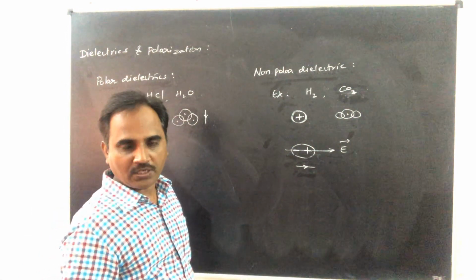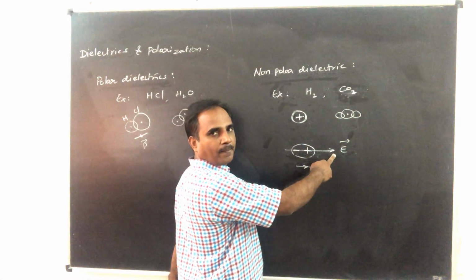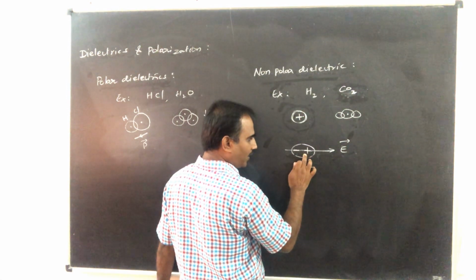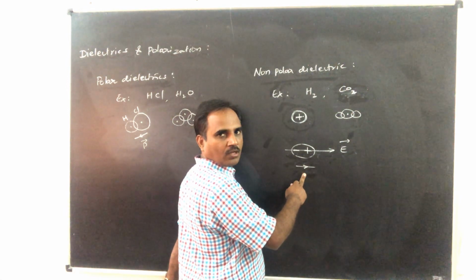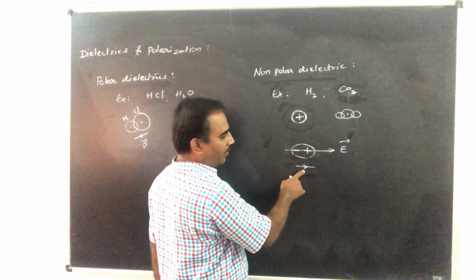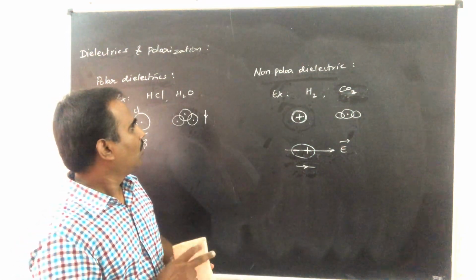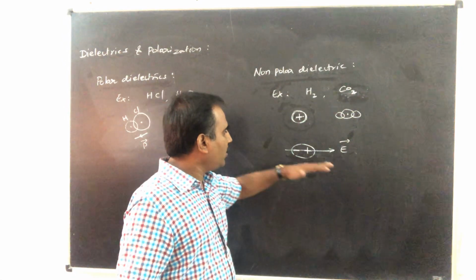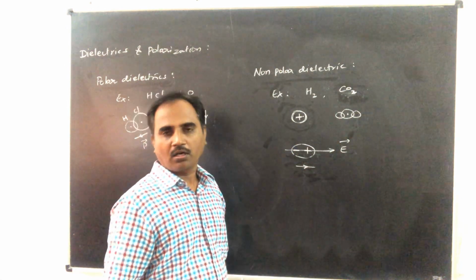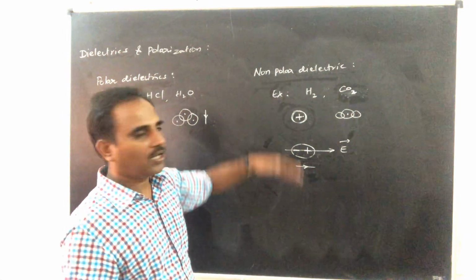Why it is called induced means this dipole moment will be there as long as this electric field is there. Because of this electric field, this molecule acts like a dipole like this, and hence it gets dipole moment. The moment you remove this electric field, the dipole moment disappears. That's why it is called induced dipole moment. So a non-polar molecule has induced dipole moment only in the presence of external electric field. It has no permanent dipole moment. So insulators having these type of molecules are called non-polar dielectrics.